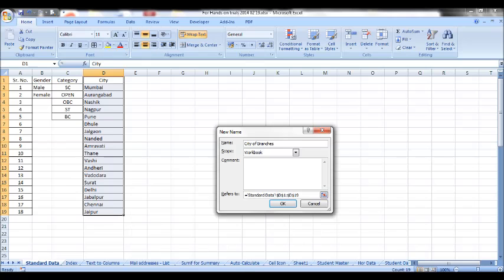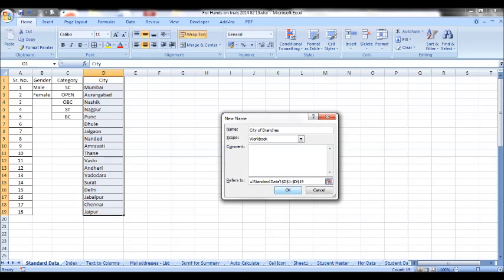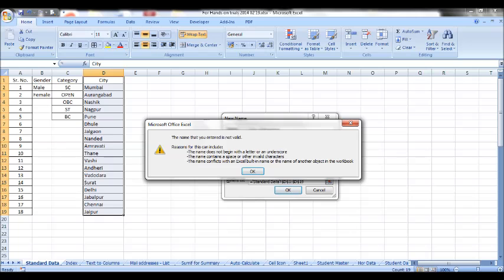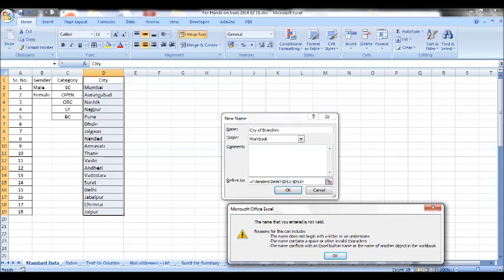Now see what will happen. Clicking on OK will appear with an error message. Why this error message? Whatever name you have given has two spaces in between, one between city and of, and second one between of and branches. So there should not be space in between. The name contains a space or other invalid character is not accepted.